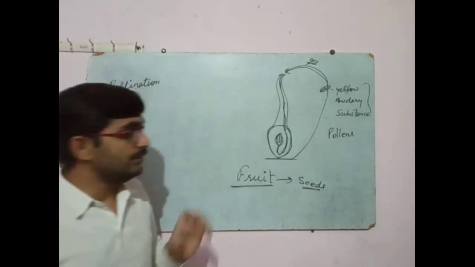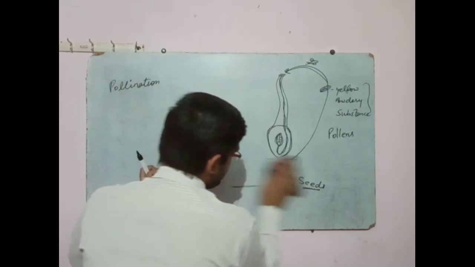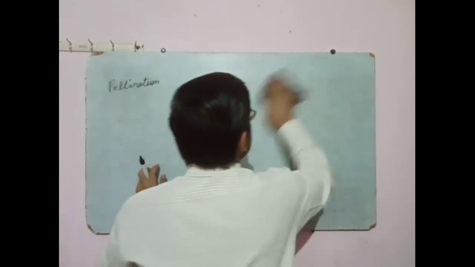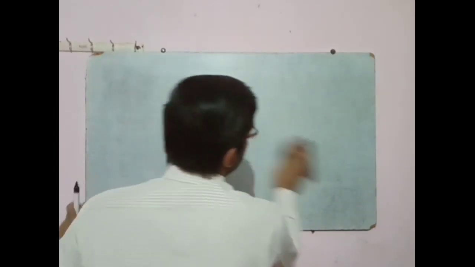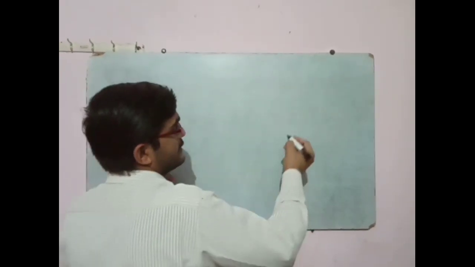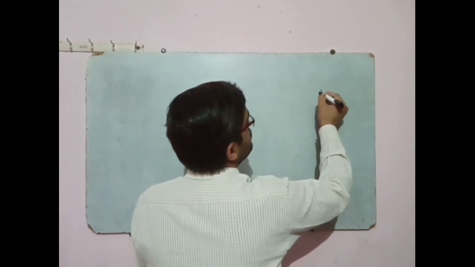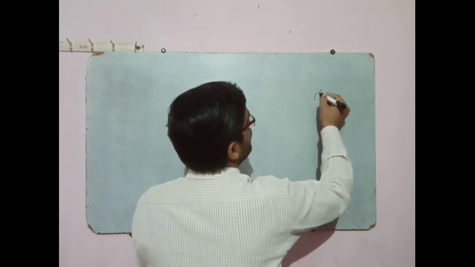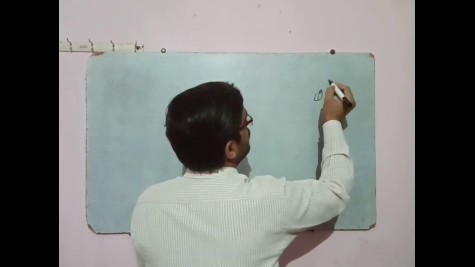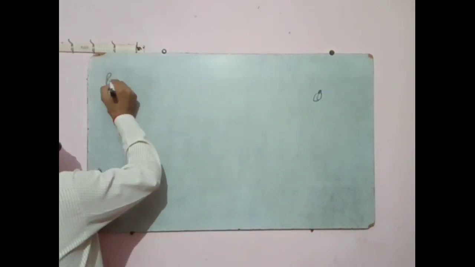Now we will discuss the structure of a seed. I think you got pollination. Next are our seeds. Suppose this is the seed of any gram. It has three main parts. Parts of seed: